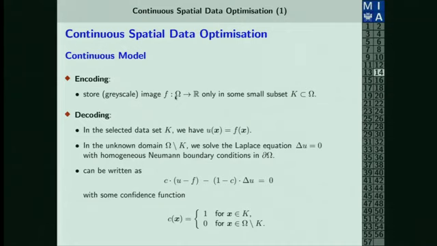So basically, what I'm doing is nothing else but solving an equation like that with a confidence function which is 1 in the known pixels and 0 in the unknown pixels. So if C is 1, then this term vanishes, and I know that U equals F, so that's my interpolation condition. And if C is 0, then I have no confidence in my data there, so this term vanishes and I'm solving the Laplace equation. No? So that's just a rewriting of what I'm doing. Okay,